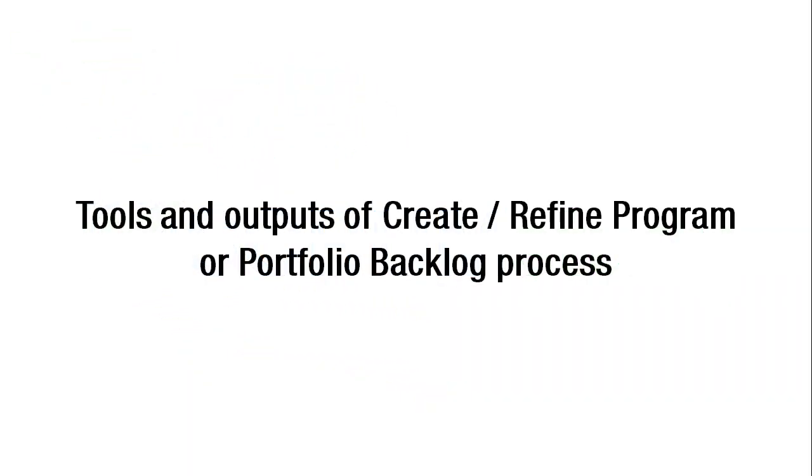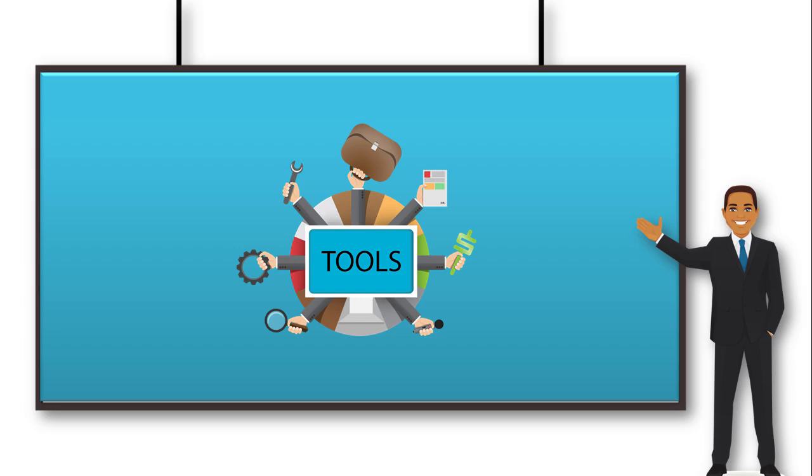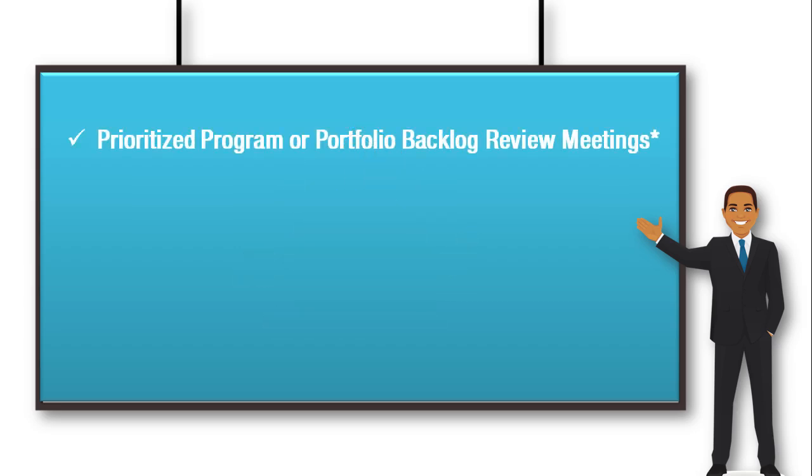Hello, in this module we will take a look at the tools and outputs of the Create, Refine, Program, or Portfolio Backlog process. The first tool for the Create, Refine, Program, or Portfolio Backlog process is Prioritize Program or Portfolio Backlog Review